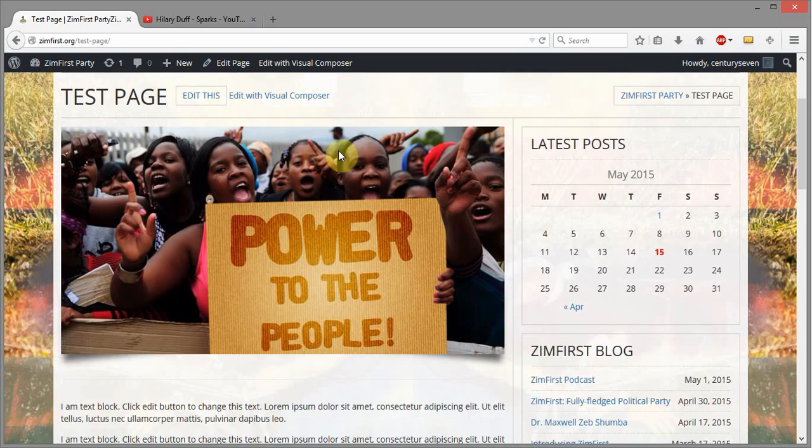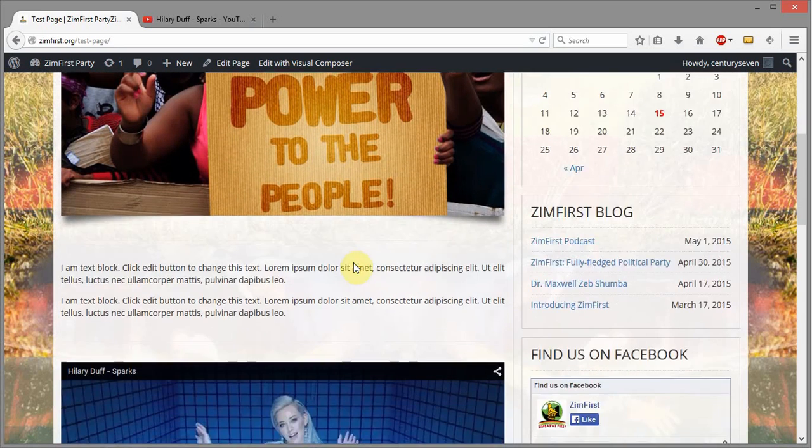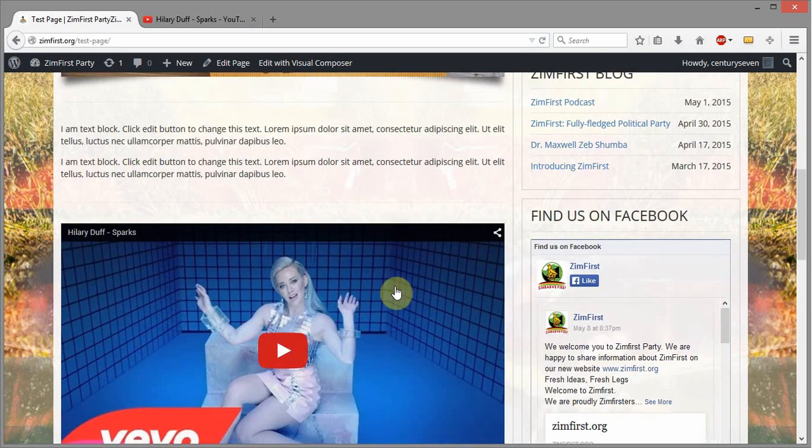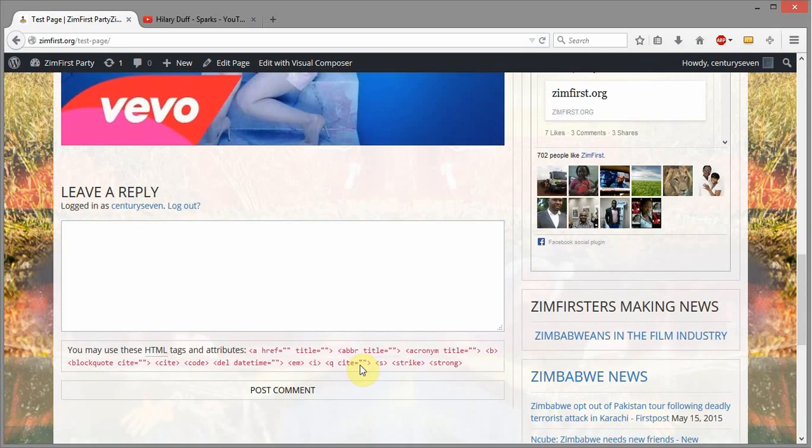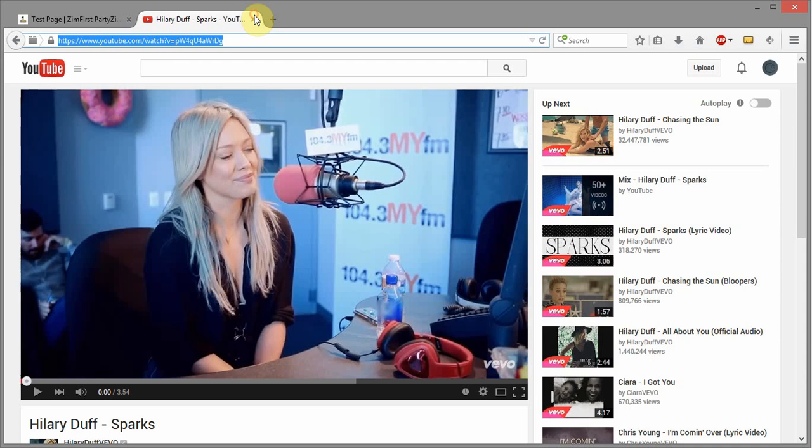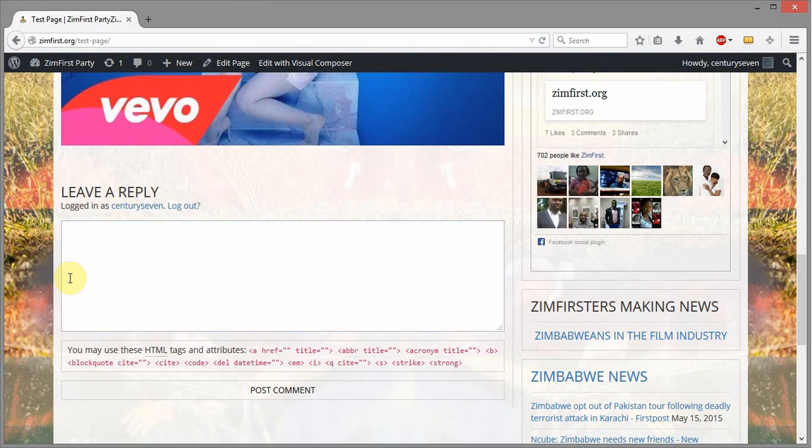Nice. We've got our picture up here with our 3D effect. Down below I've got text, and we've got Hillary Duff video down here, or interview or whatever it was. And right below that we've got an area for comments on the page. Now, if I don't want people to be able to comment on the page, for instance, I can easily get